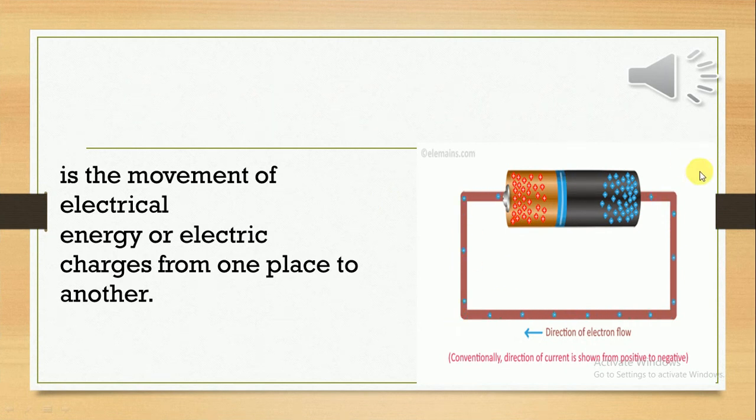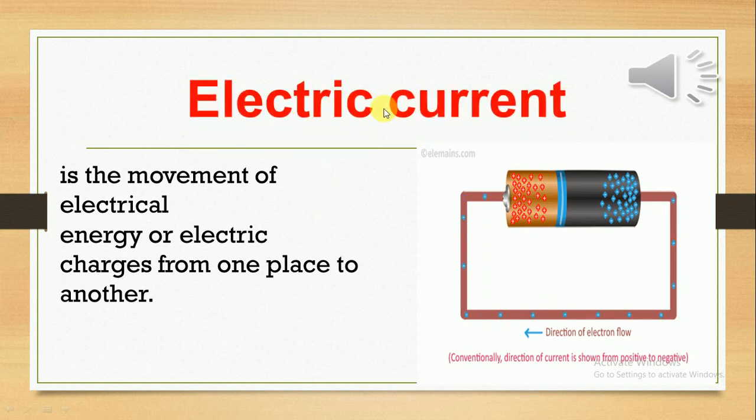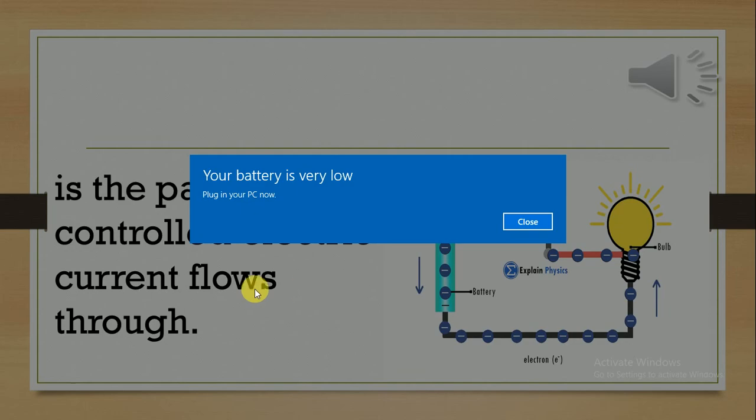Okay, look at this picture here. As you see, the movement of electrical energy from electric charges from one place to another. As you see those blue things moving, it's electric current. Good job, electric current. Number 3,